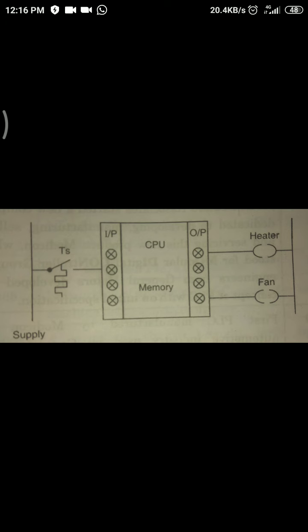PLC provides many easy and economic solutions for automatic tasks like logic or sequence control systems, PID computing and control, coordination and communication, operator control and monitoring. So all these tasks can be easily performed using a PLC system. So the PLC, you can say, is the base of automation.